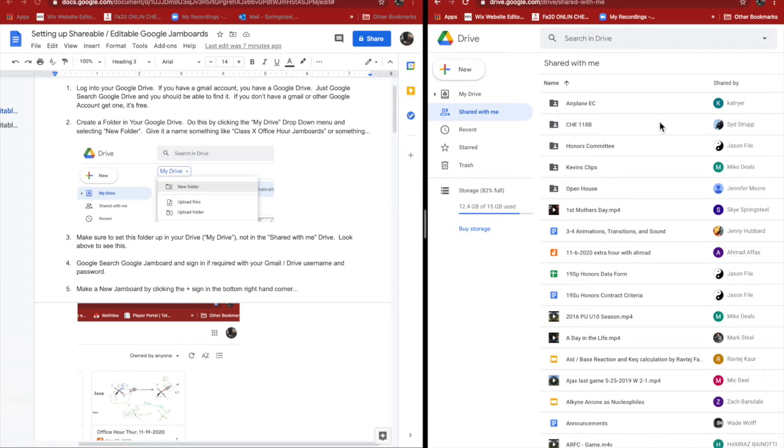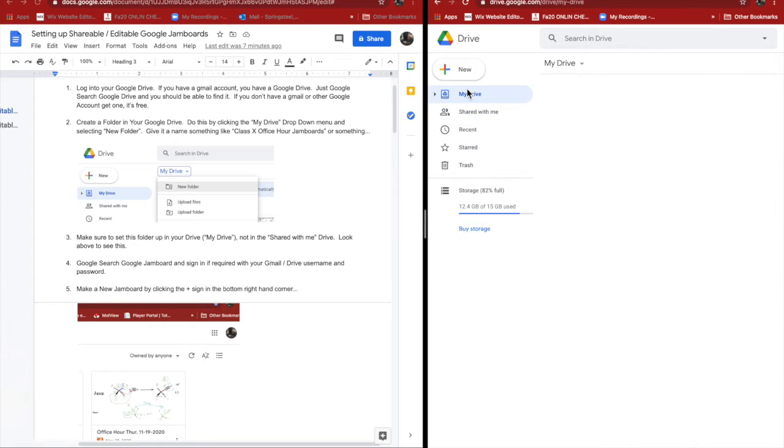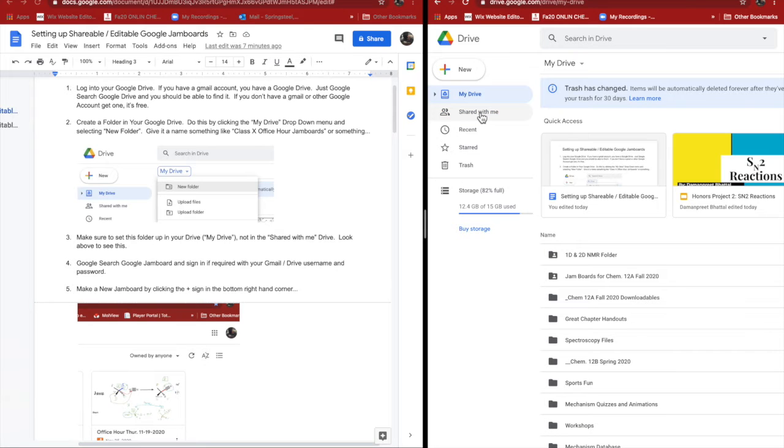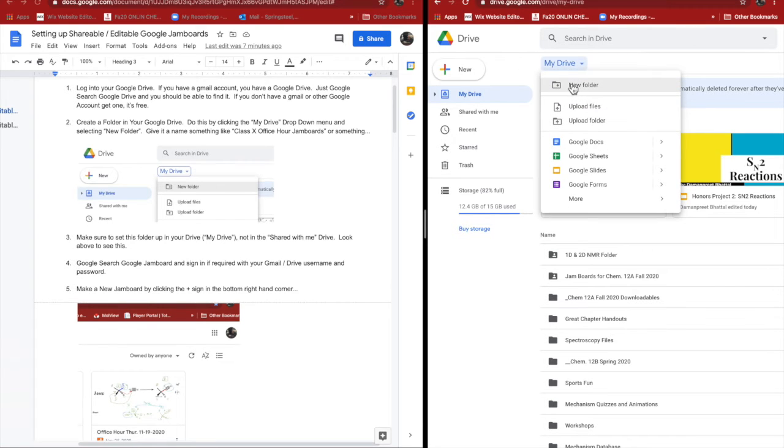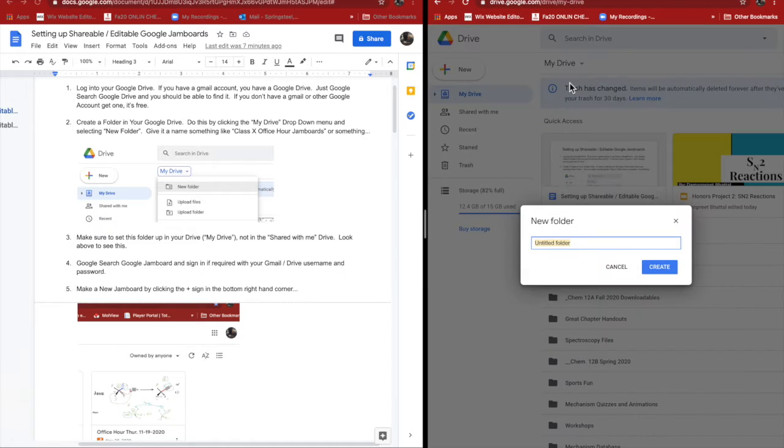Okay, for whatever reason, it comes up with Shared with me first. And so I want to go to My Drive, not Shared with me. And then I'm going to make a new folder. So how do I make a folder? I go over to this area here where it says My Drive, click on that once, and then I click New Folder, and then I give it a name. So I'm going to call it